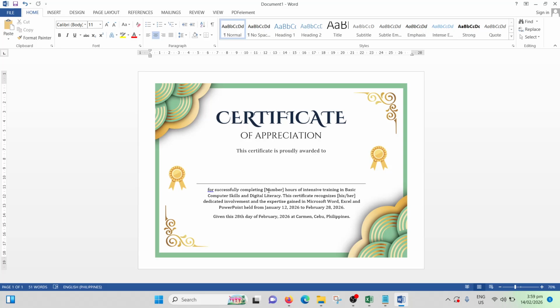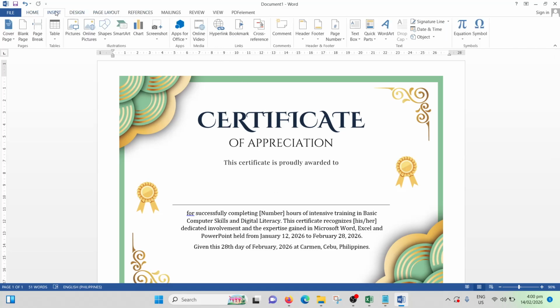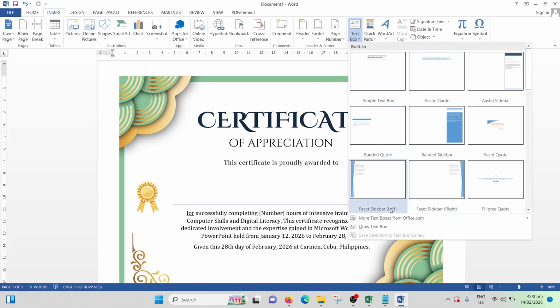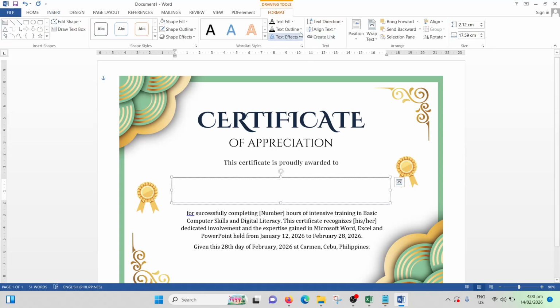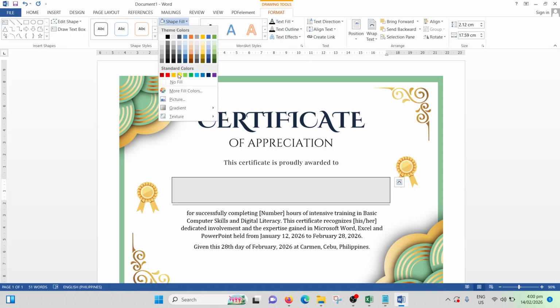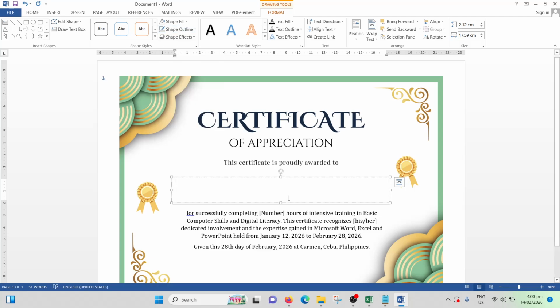And then we will add another text box for the name. The same, we will remove the fill and the outline. And then let's put temporary text in this field.